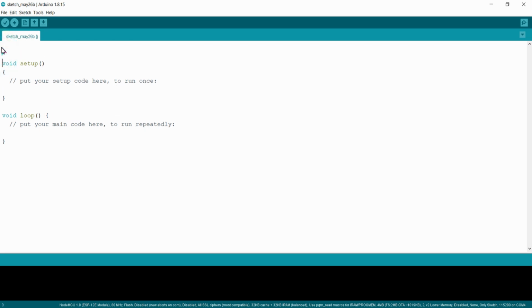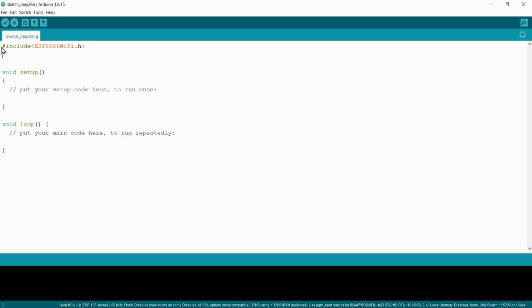Now as usual I am going to add #include <ESP8266WiFi.h>, and then you want to add two more header files for configuring this NodeMCU in soft access point mode.